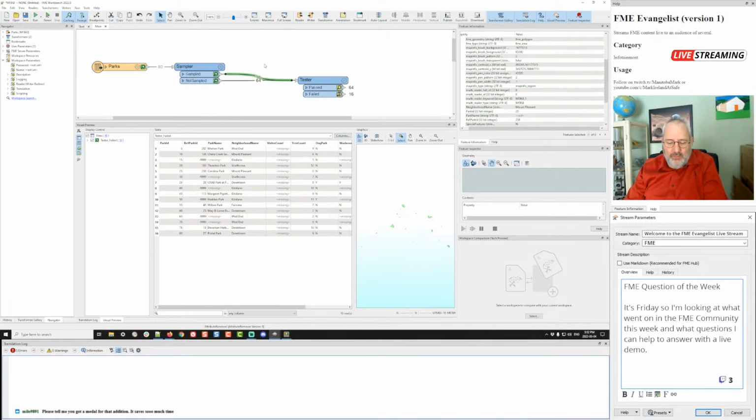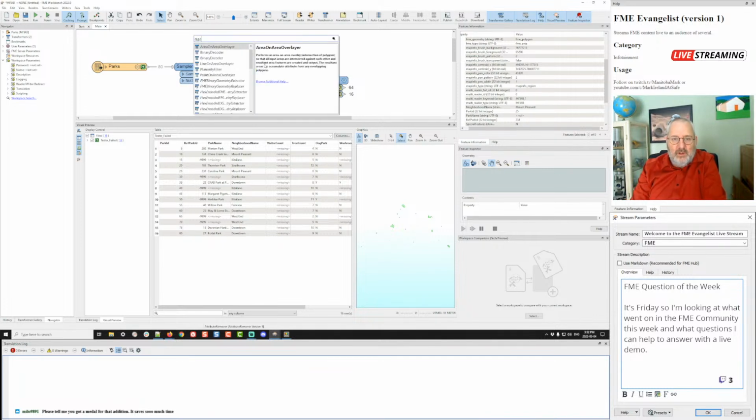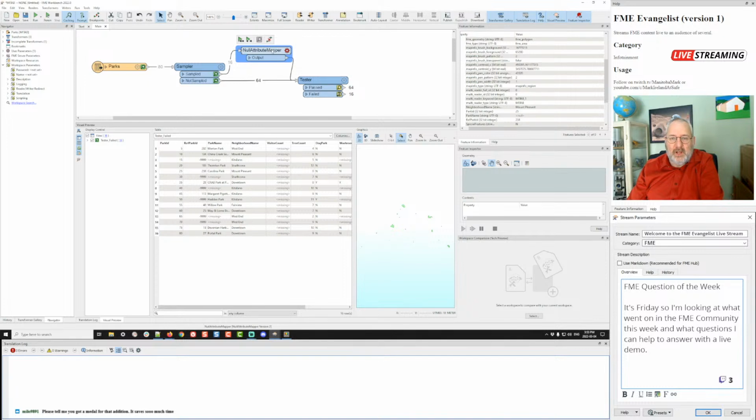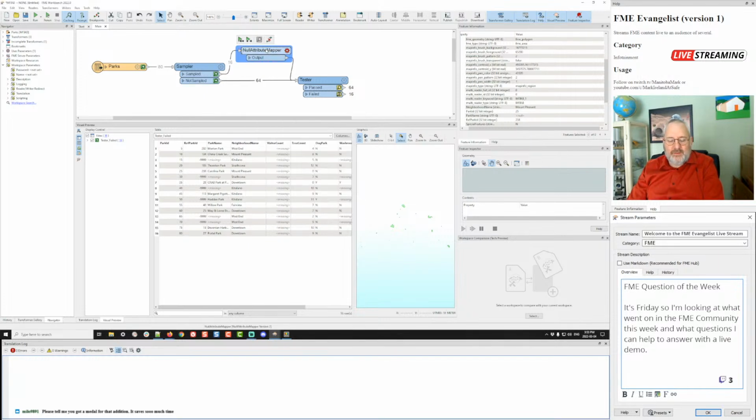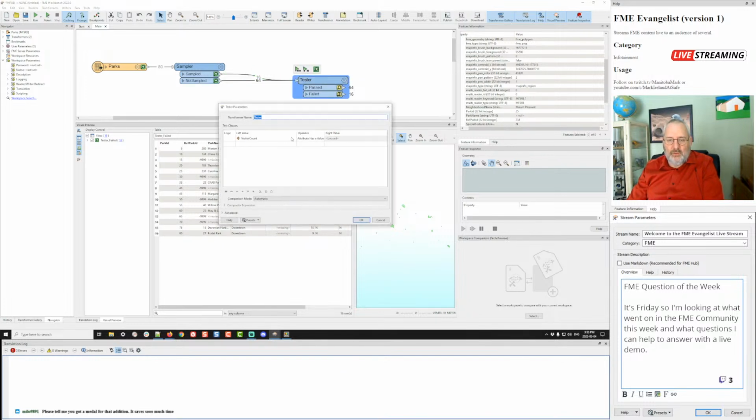Another way to do that in bulk is with the null attribute replacer. Where are we? Null attribute replacer? Oh, it's got a different name. Null attribute mapper. That's what it's called now, the null attribute mapper. And the null attribute mapper is just another way of us saying, let's make something null, or let's change it from null to whatever. So in this case, let's go back to the original where we were looking at park